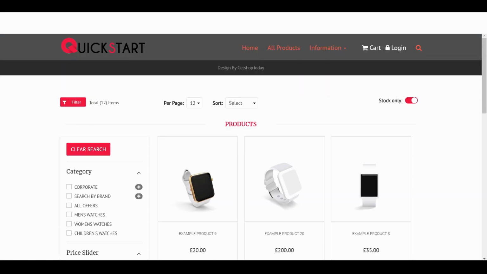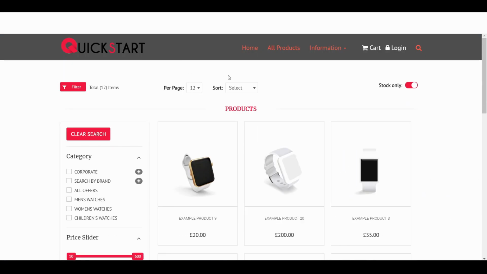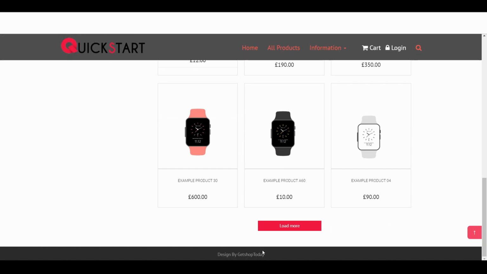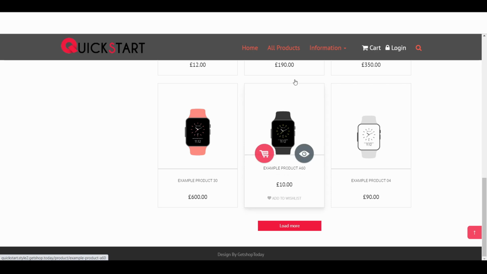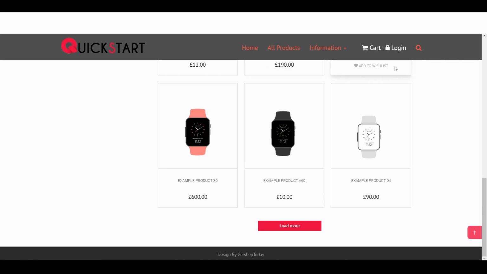Now if you go back here and refresh, then you can see that the menu is already placed in the footer. So similarly, you can assign this footer menu to any other page you want to. And this is how